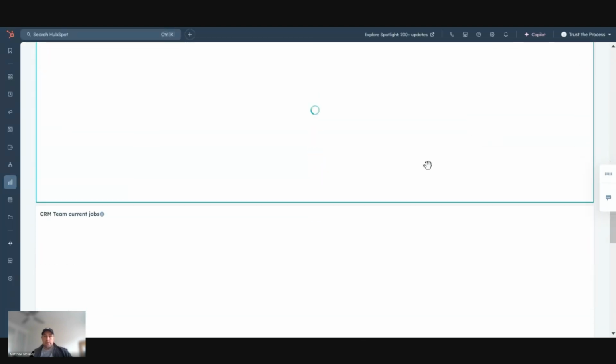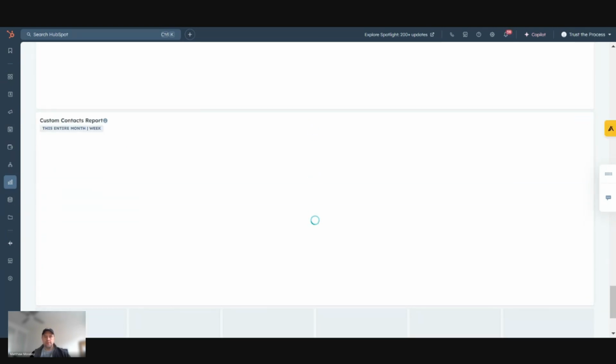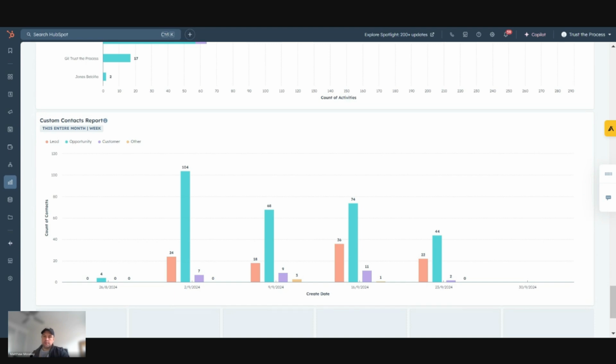So yeah, that's how we create really simple reports within HubSpot for single objects. Now, like I said, you can get really difficult with custom and cross-object reports, but we might touch on that at a later stage, because that can be a bit complicated, and it'll probably take a whole session to go over that.